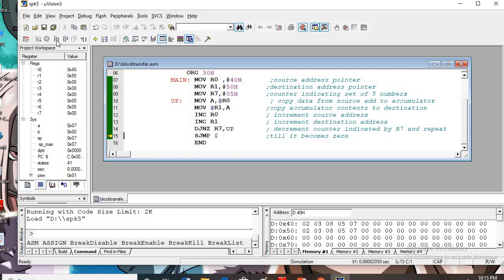So thank you. In the next program we will do block exchange, that is from one window to another window, or from one source addresses sequence to some other, and again we will interchange. So that kind of block exchange operation I will demonstrate you. For this, it is just the block transfer.